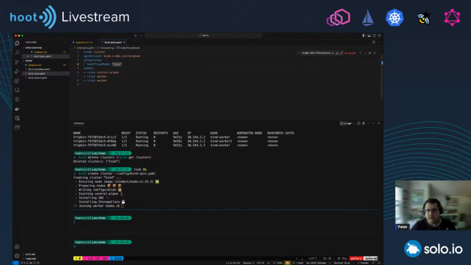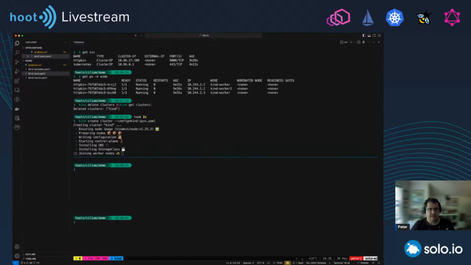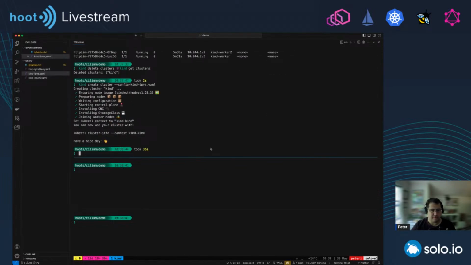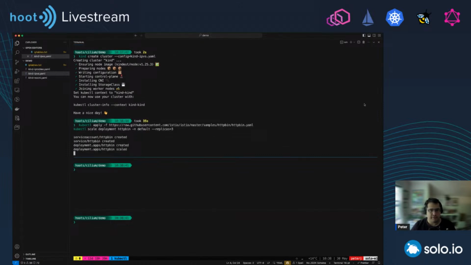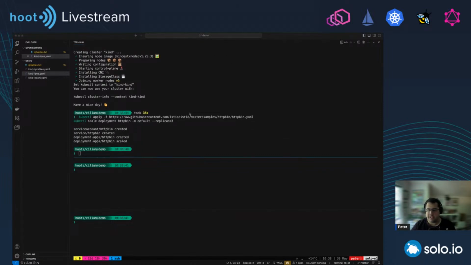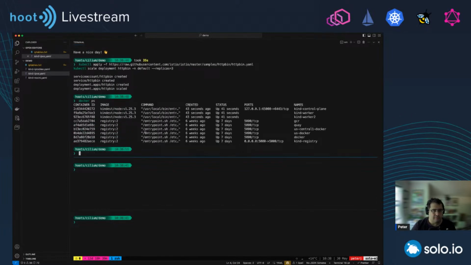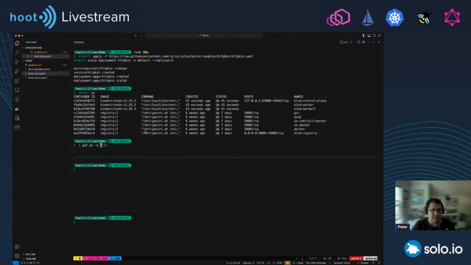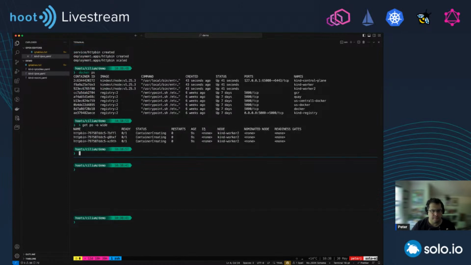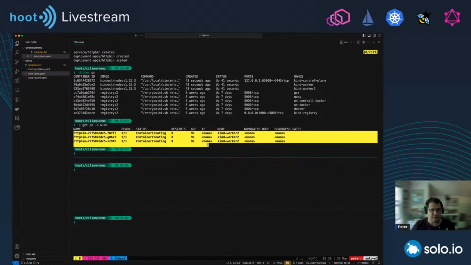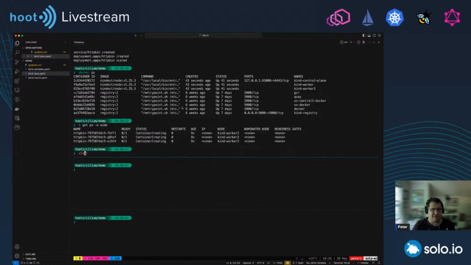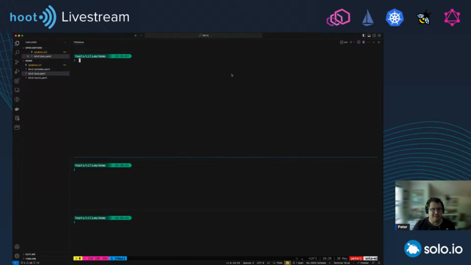All right, so I can do this. This should be done soon. There we go. So I'll do the same, deploy HTTP bin, scale it up to three nodes, and then I'll do, let me actually see where we were lucky, I guess, because all of the workloads are scheduled on kind worker 2. Okay, that's fine.